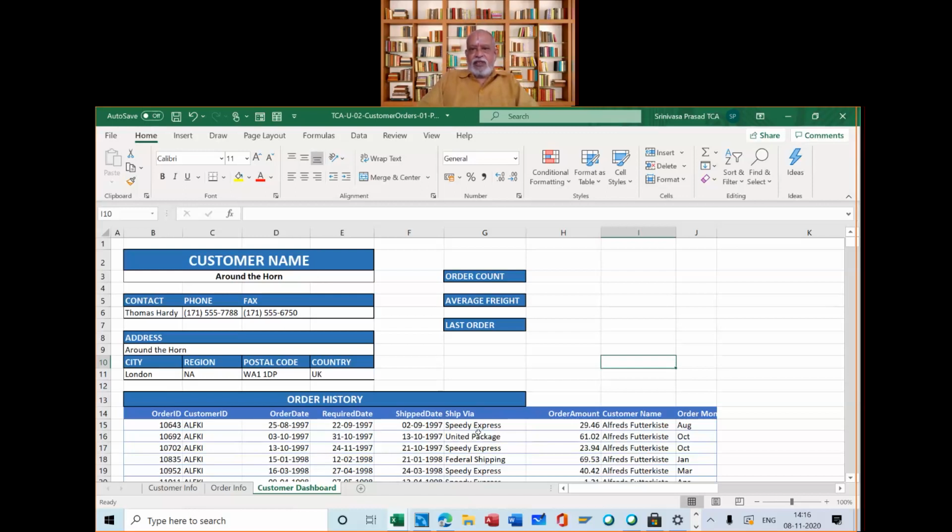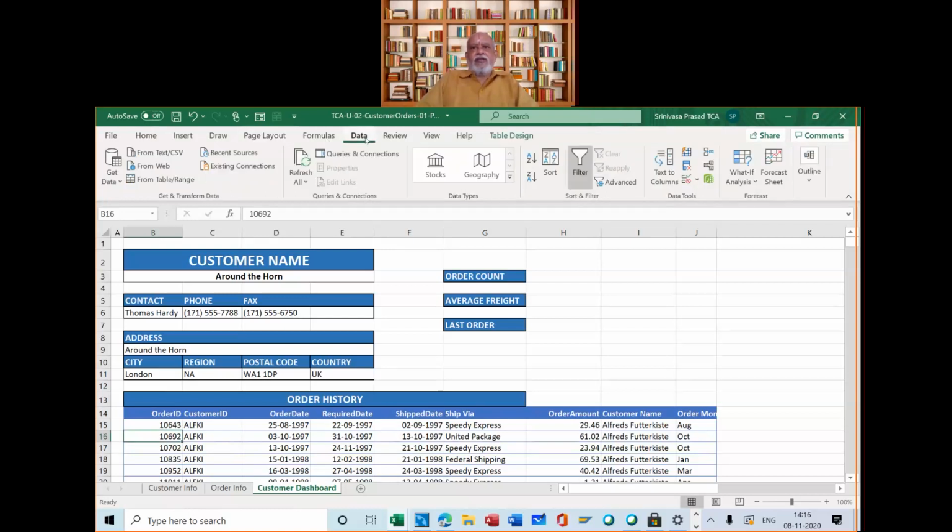Now, whatever comes around on or whatever comes, we want it to come here. So what I will do, I will go here, and now I will go to Data. Now, all of us would have so far used only Advanced Filter.